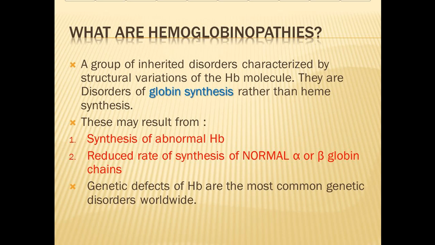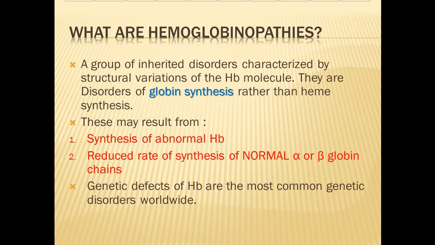What are the hemoglobinopathies? A group of inherited disorders characterized by structural variations of the hemoglobin molecule. These are disorders of globin synthesis rather than heme synthesis. So it is a group of inherited disorders, hemoglobinopathies. These may result from synthesis of abnormal hemoglobin, reduced rate of synthesis of normal alpha or beta globin chains, and